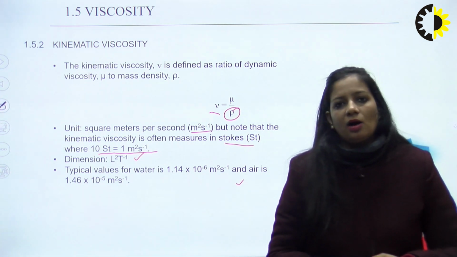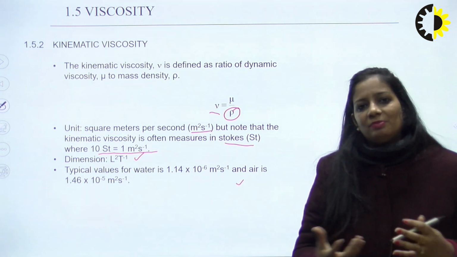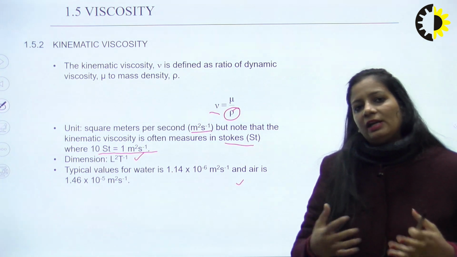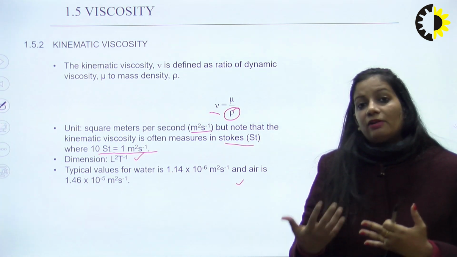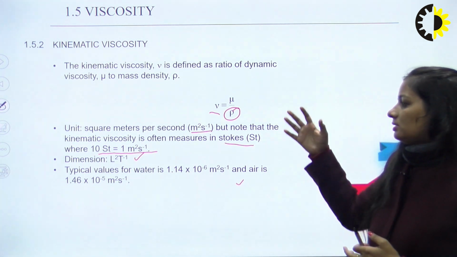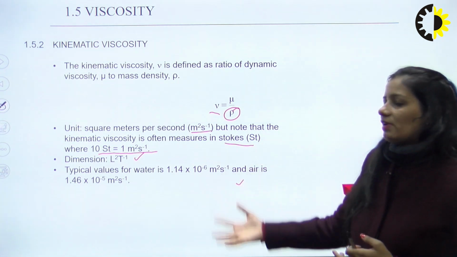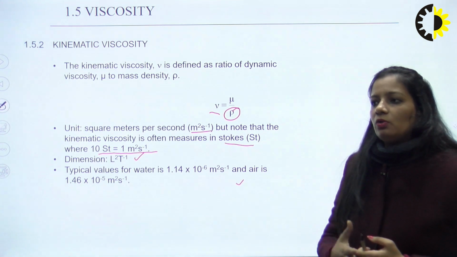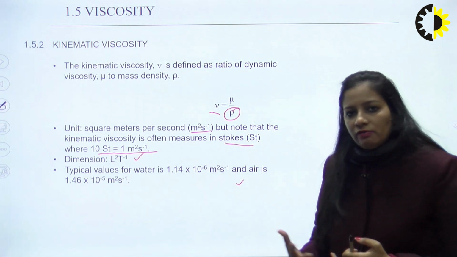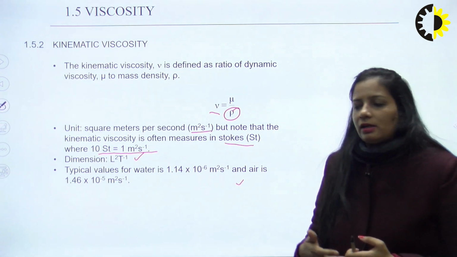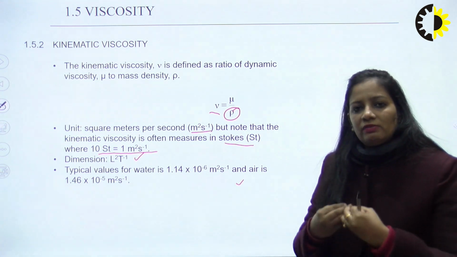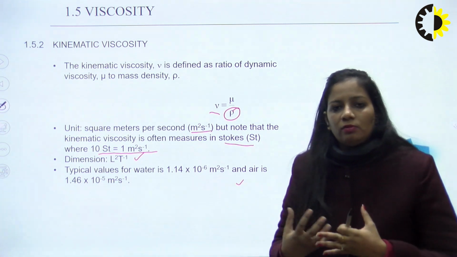So this is how the properties of fluid can be explained. This is how we can differentiate solids and fluids, and this is the base, the starting point of fluid mechanics. Without knowing all these properties, we cannot go further for analysis and design of fluid mechanics, and we cannot even enter the field of fluid mechanics.